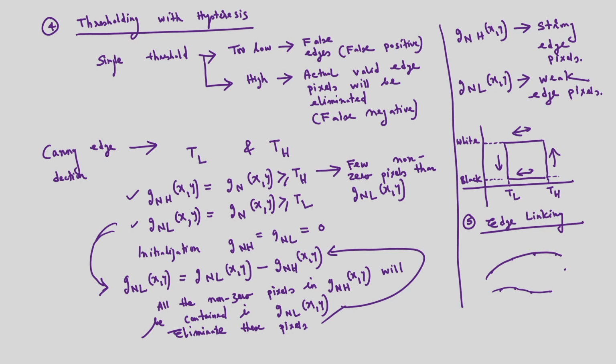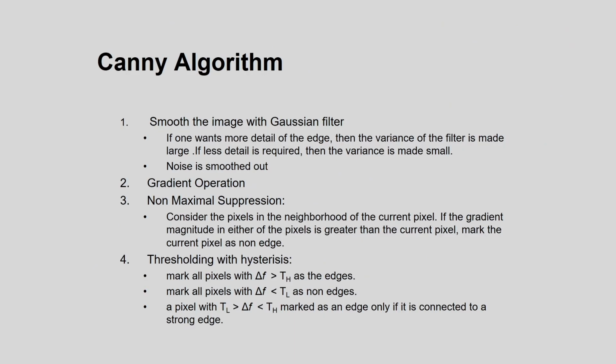So this is about the Canny edge detection technique. The edge linking procedure I will explain. So what is the Canny edge detection? First I have to go for the Gaussian blurring. This step I have already explained: the image is convolved with a Gaussian to remove noise. Second, I have to do the gradient operation. For this I have to determine the gradient magnitude image, that is M(x,y), and also the angle alpha(x,y), that is the direction of the edge normal.